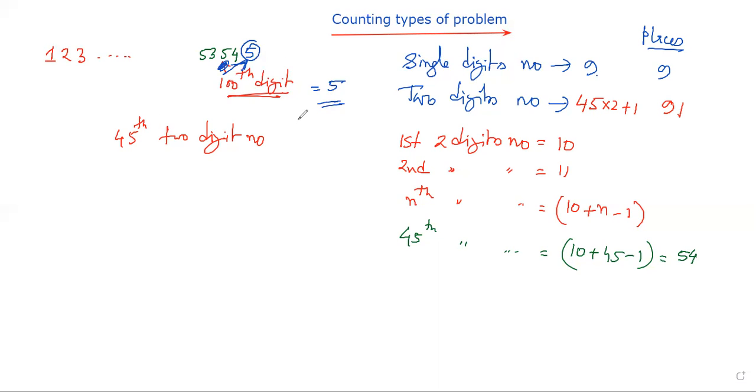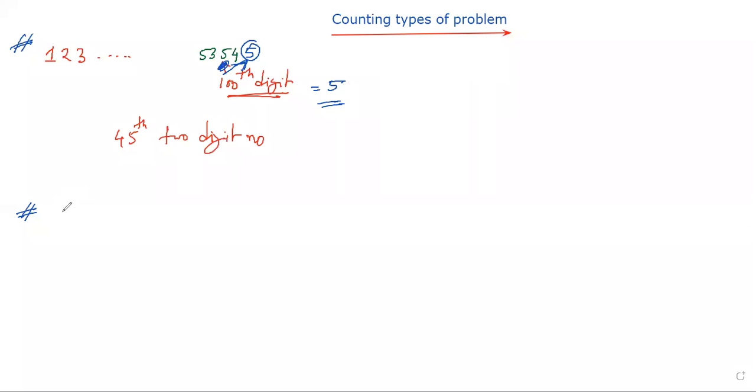This way, we need to visualize and identify the counting part. There are lots of different kinds of counting problems present. We need to identify what type of counting it is. This one is basically the place finding type of counting. Again, another example. Now, one more type of counting, wherever any specific digit appears.